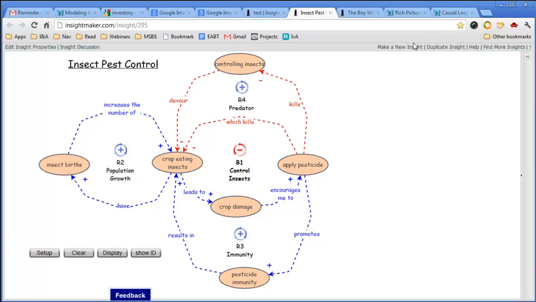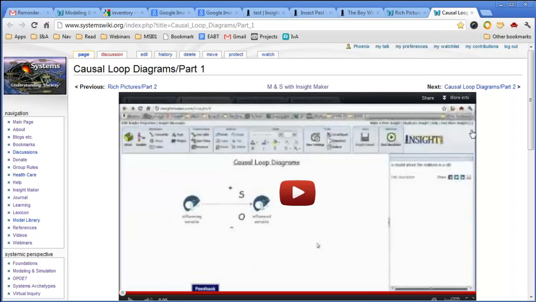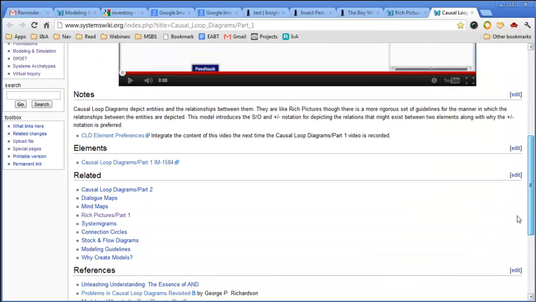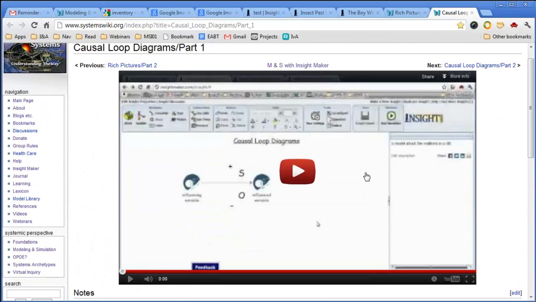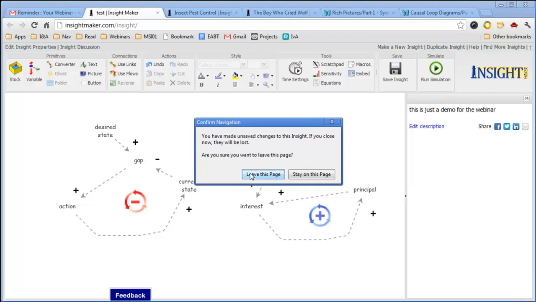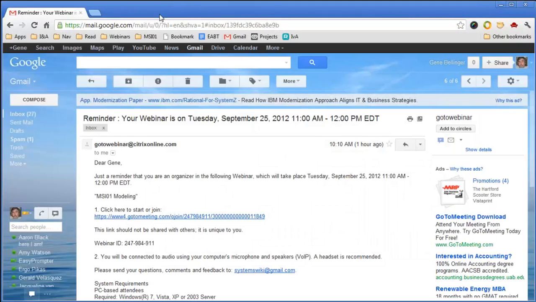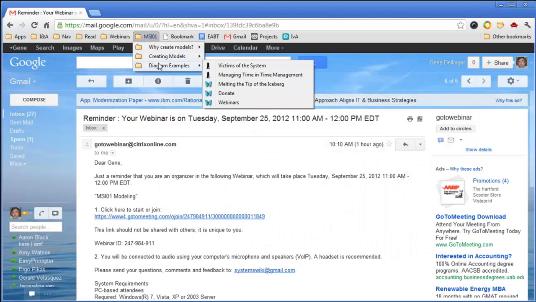There is also a two-part video here on that webpage for creating causal loop diagrams that you can watch. There are also a couple of additional examples that I provided in the sequence that you can take a look at,